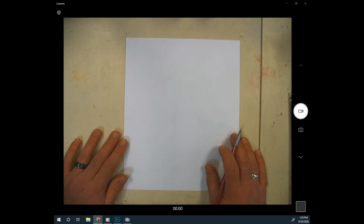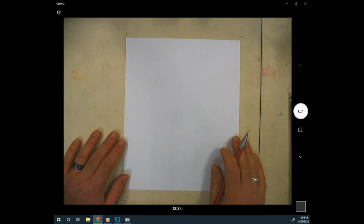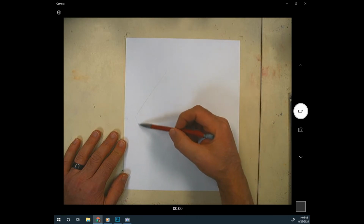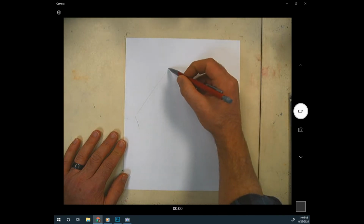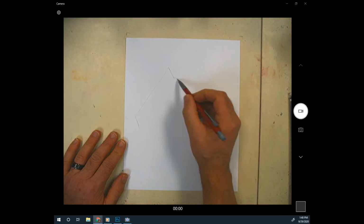Now you're going to draw this paper, and you'll notice how the lines, when you look at it, are going the direction of the planes of the paper. A plane is a flat surface, and we've created a bunch of different flat surfaces that are going in different directions by folding the paper. I'm going to lightly sketch mine first before I go back with my ruler and make sure all the lines are straight. And as I sketch, I'm going to pay close attention to the very top of the paper